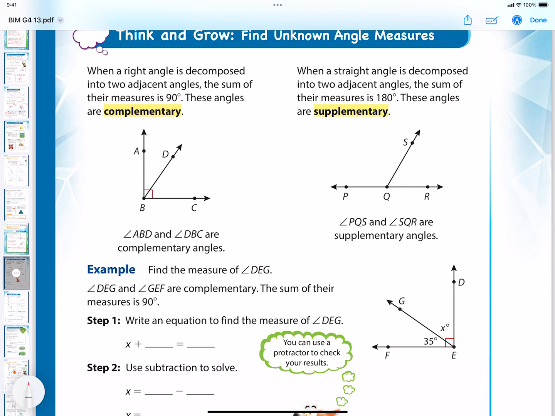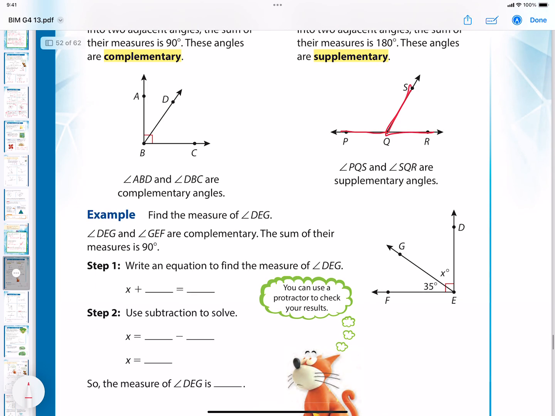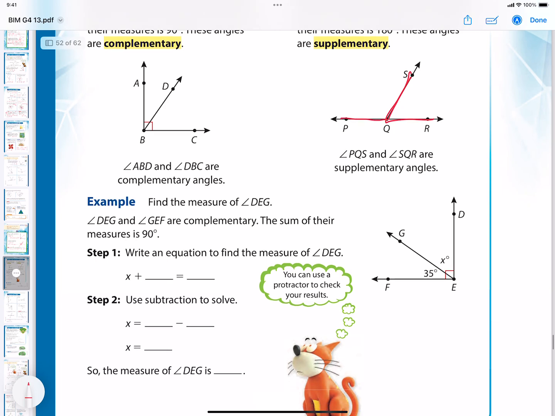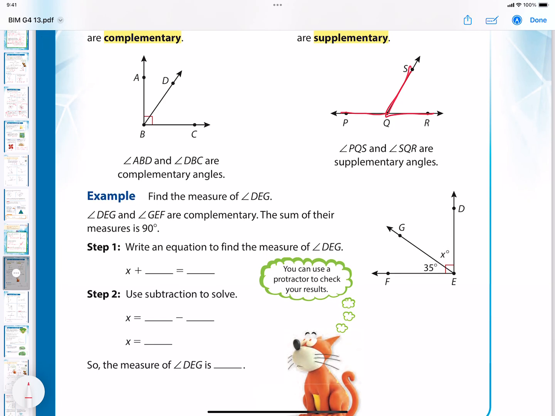And PQS and SQR, they're supplementary angles, because the sum of their measures is what? 180 degrees. Okay? Supplementary, complementary. One more time. I think I told you last lesson. These vocabulary words, just know them. I'm not going to ask you to define these words, but you need to know